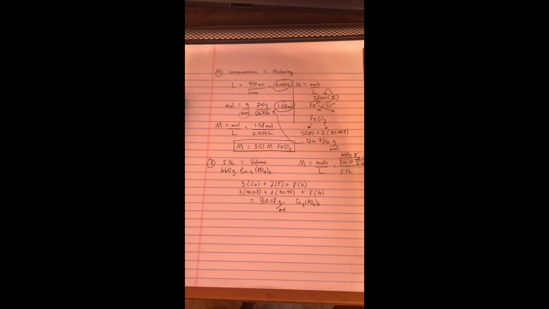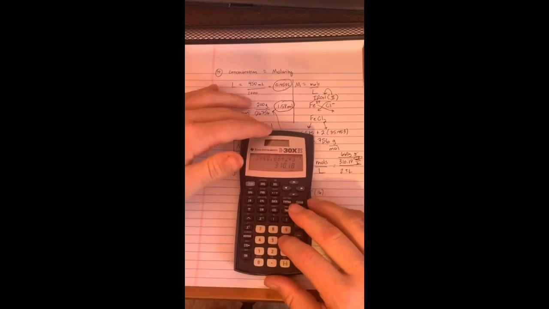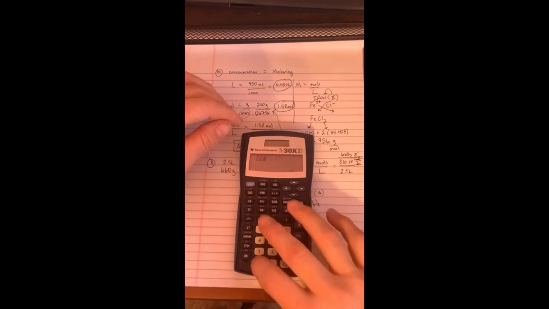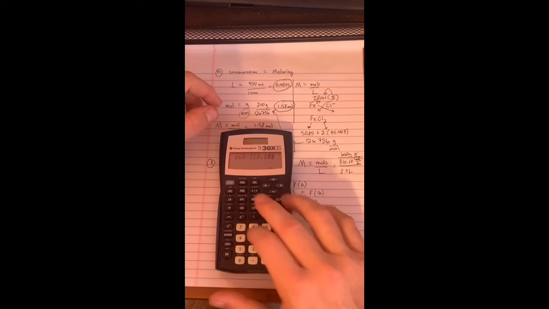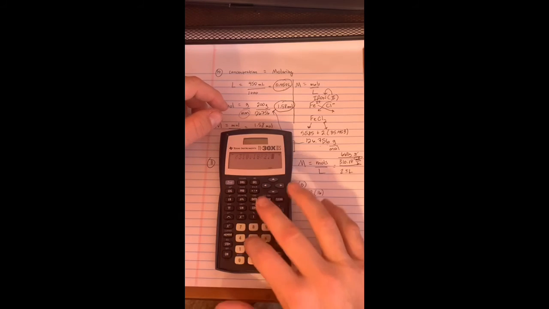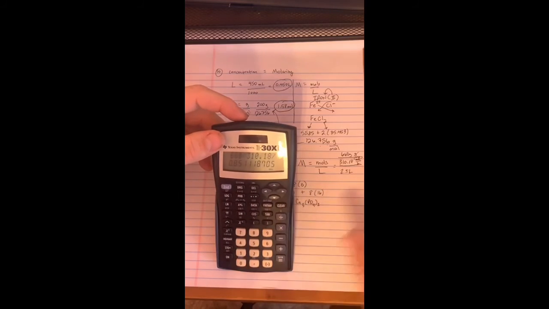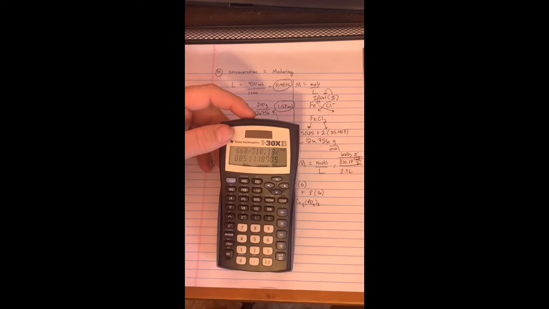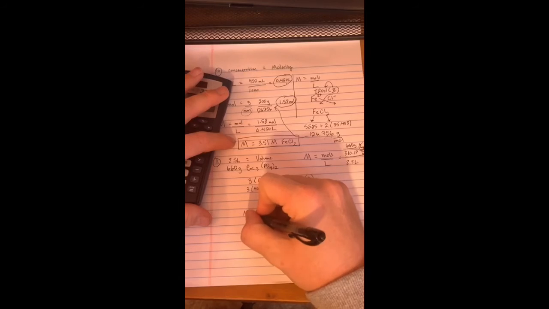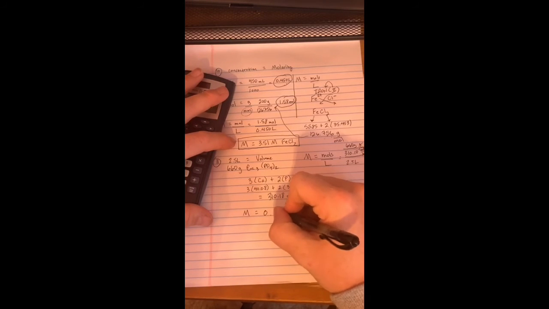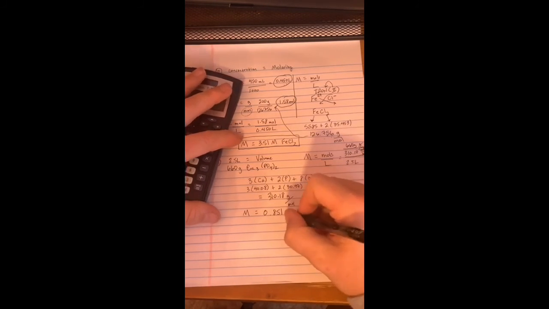Okay, so we cancel out the grams, leaves you moles on top. Moles divided by liters gives you molarity. So we're going to do 660 divided by 310.18 divided by 2.5. And I get 0.851. Okay. So my molarity equals 0.851 molar